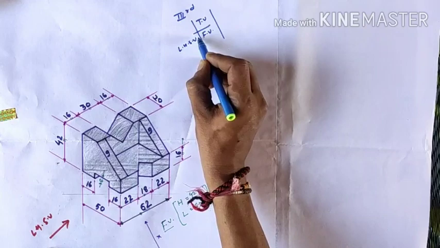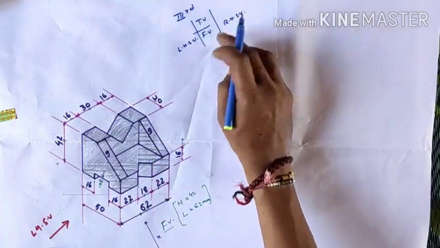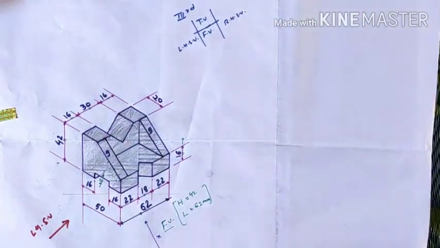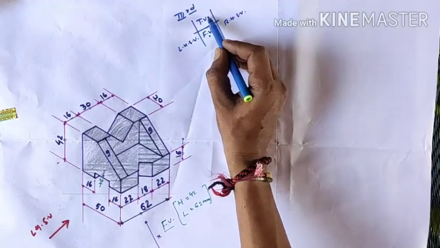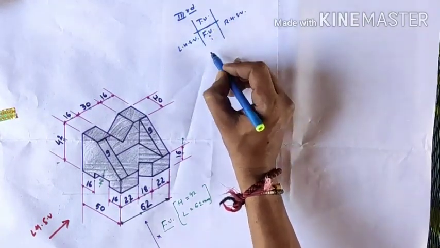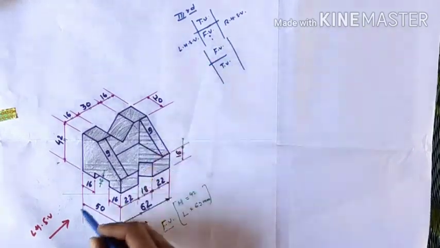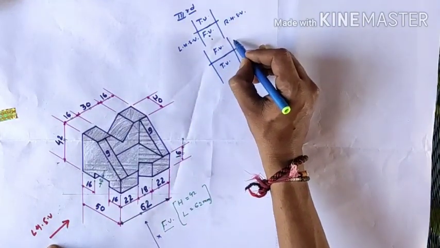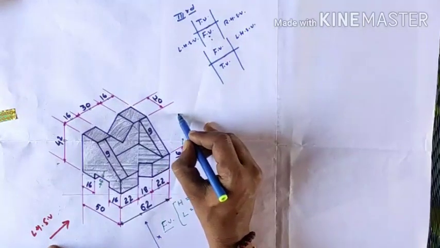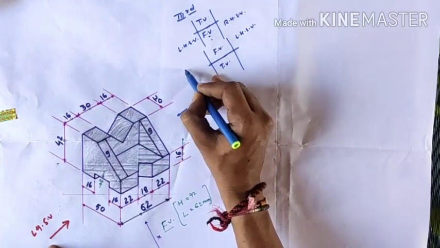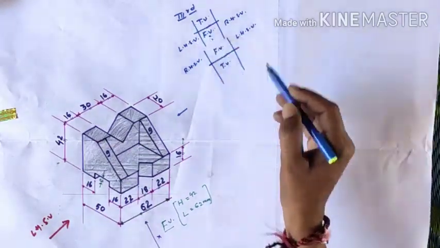So here your side view is this, and if we see this object from the right, then the right hand side view is drawn to the right of the front view. So clear, and no confusion regarding the first and third. In first angle projection method, front view goes upward and top view downward, but here front view is here, top view is here, and if we see the object from the left, then it is drawn to the right of the front view. And if you see the object from here, then it comes to the left of the front view. So this is your right hand side view. So this is the case of the third and first angle projection method.